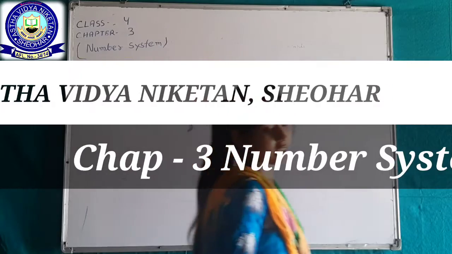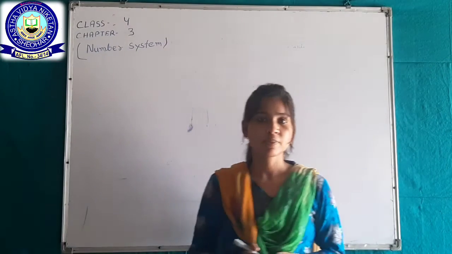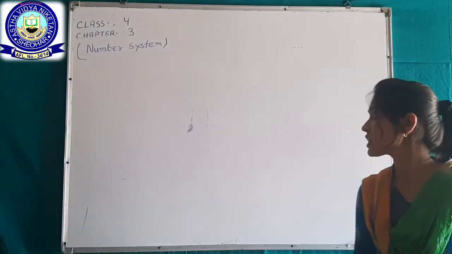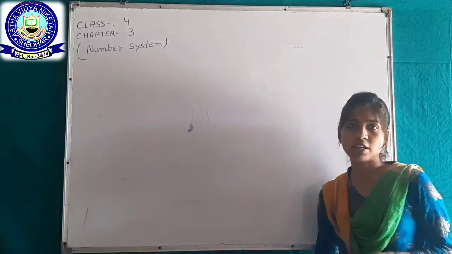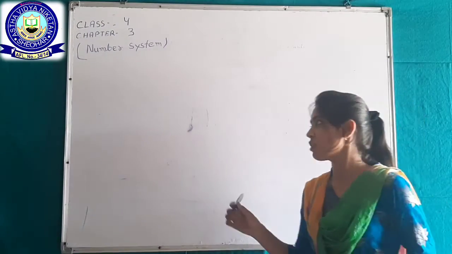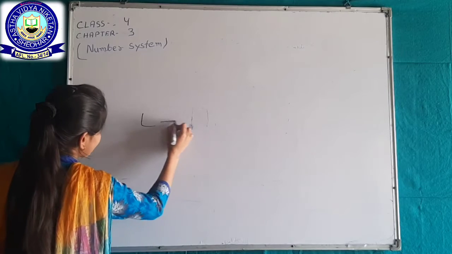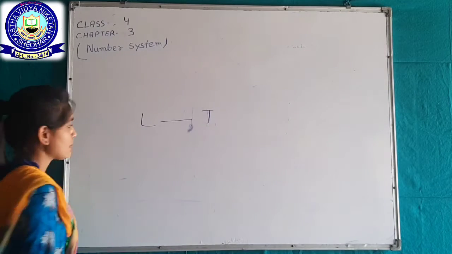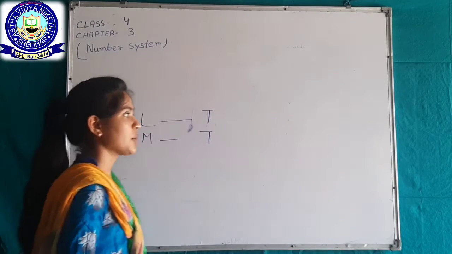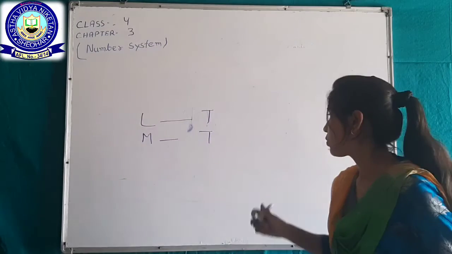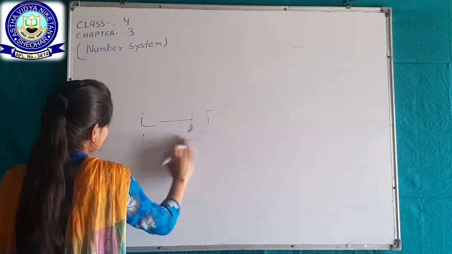Good morning children. Today we will do mathematics, and this is our next chapter 3, number system. In your previous video and previous class you read about the Indian place value and international place value chart. How can we find out the Indian place value and international place value? We all know that in Indian place value, lakhs appear after thousand, but in international place value, millions appear after thousand. You also know how we draw an Indian place value chart and an international place value chart.